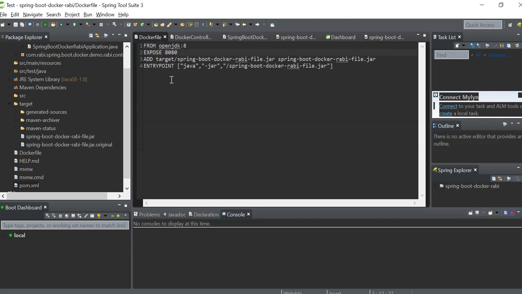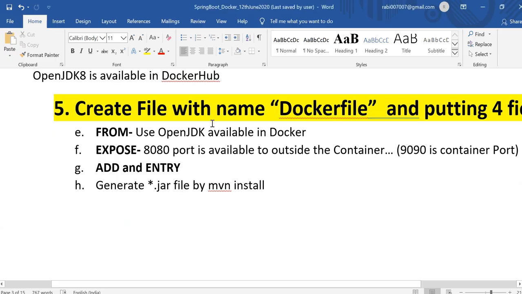And for the entry point, the Spring Boot application's main function is the entry point for Java. So I have java -jar and give that as the entry point here. So this way we can do that.